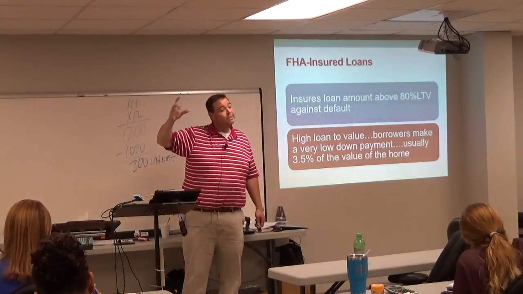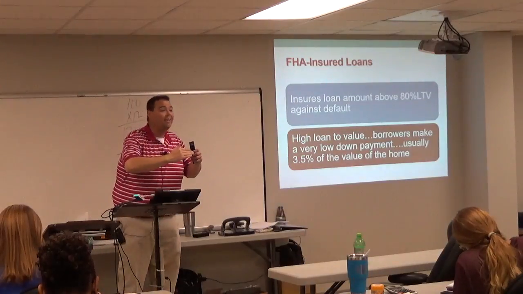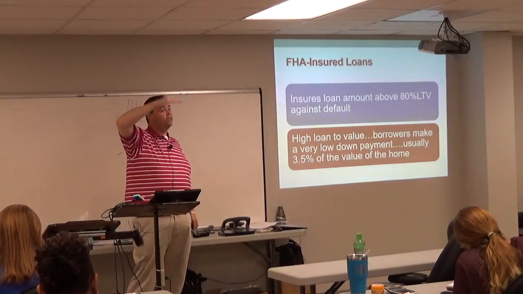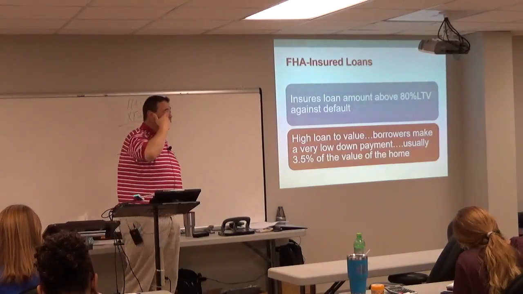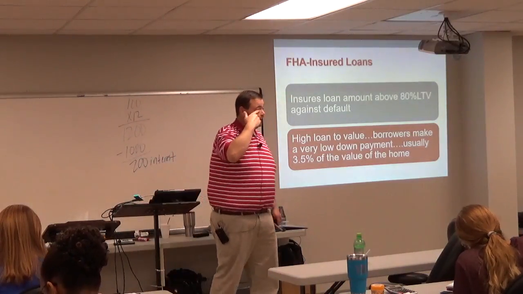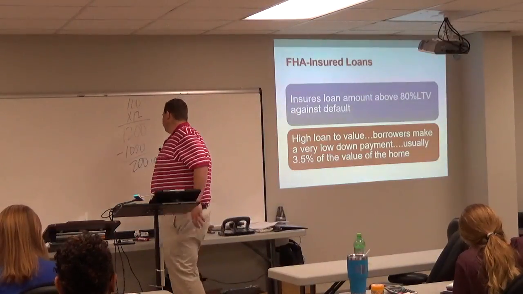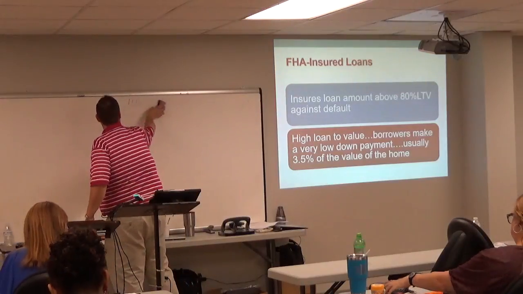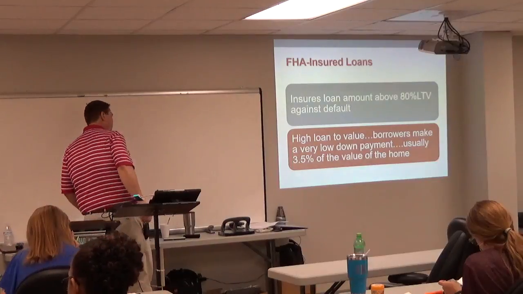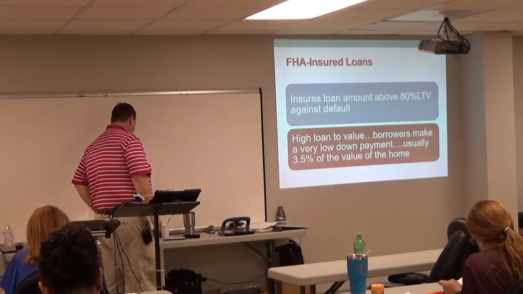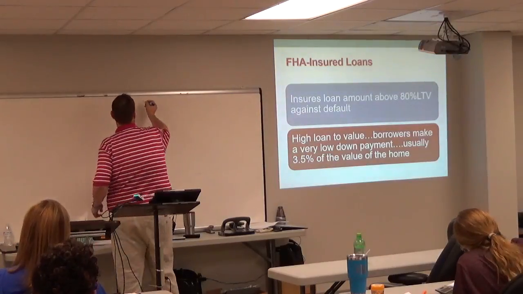This is a 96.5% loan, so they're insuring from 80 up to 96.5. That's what the insurance covers. That's the portion of the value of the property that they cover. So just to give you an example with numbers so you can see what I mean by that. I'm going to use $100,000 because it makes for easy math. So let's say we got $100,000